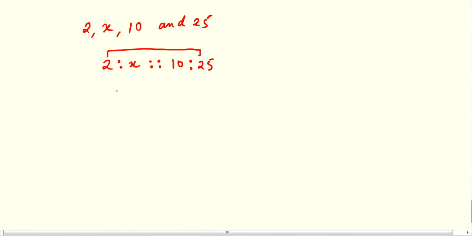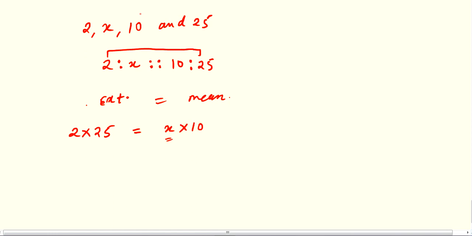Question number 3. Find the value of x so that the given 4 numbers are in proportion. Okay. So I'm solving here third one. 2, x, 10 and 25. So first you have to arrange this. So first write 2 is to x proportion 10 is to 25. Now multiply first into last. Product of extreme terms should be equals to product of mean terms. The statement you have to write. So extreme terms are 2 and 25. Mean terms are x and 10.